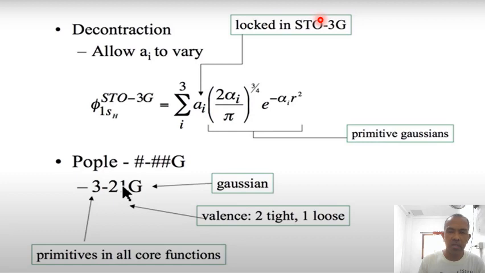It could be six, for instance, there's a basis called 6-21G. That tells you the core is described with a better shape, because if we build one function out of six primitives instead of three,